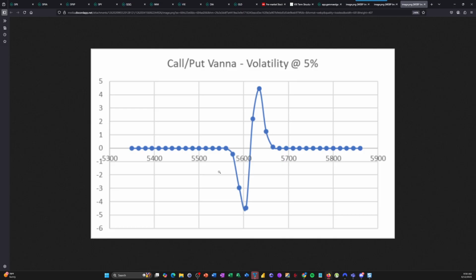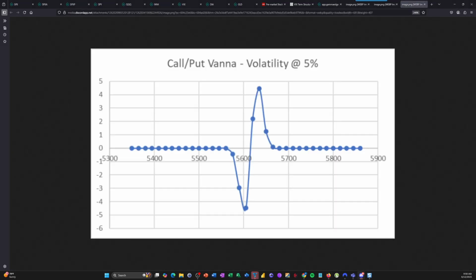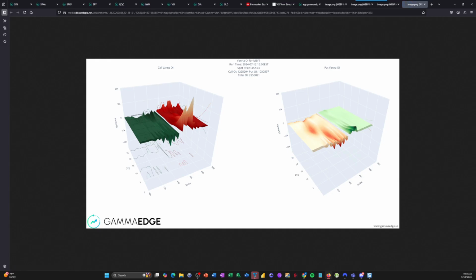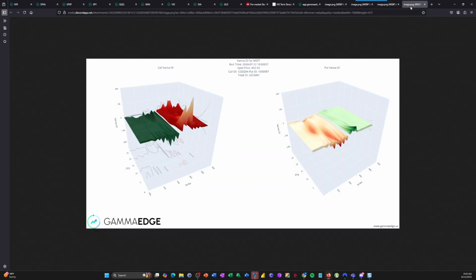you would get a 3D chart that looks something like this. Whoops, I can't get there from that one. Let's go over to this one. Here we go, open link. Here we go. You would get a chart that looks something like this. And what this is basically telling you is what is the Vanna contribution. It's the same picture as this, but now it's multiplied by the OI surface. And you get time looking backwards. So you get a sense of where does Vanna matter in time, right?